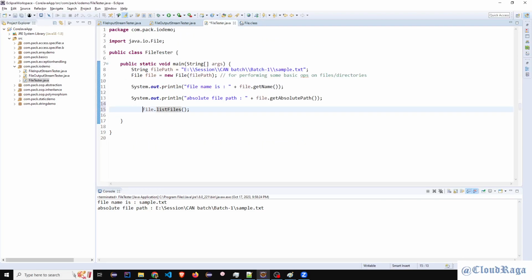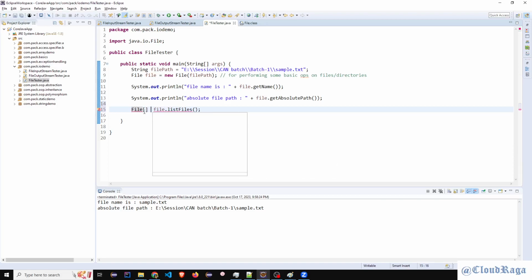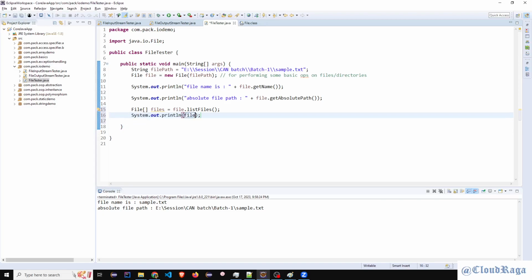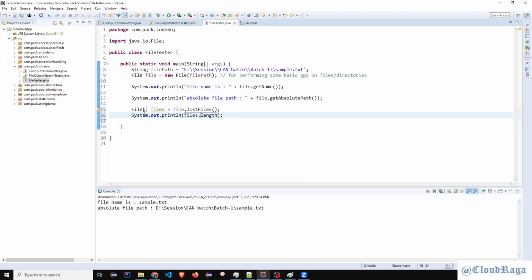It gives you a file array. We already know what an array is, so I can use it as files. Now I want to check how many files are there. So sysout files dot length.